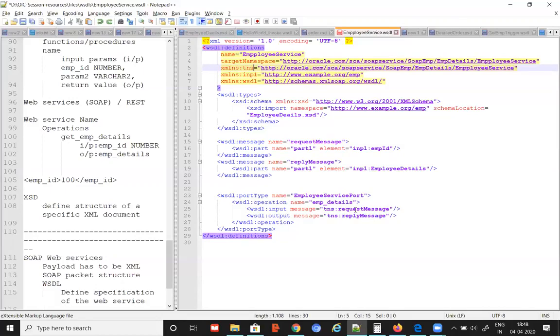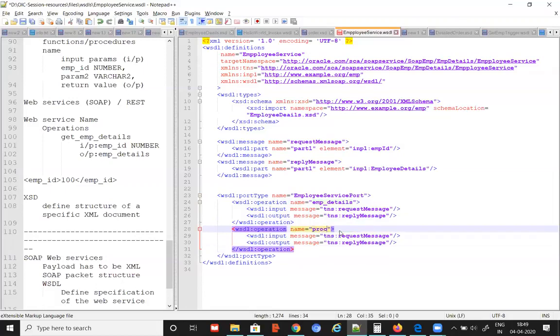And we're also understanding the WSDL structure. WSDL contains only three or four things. Port type, operation. There can be multiple operations, by the way. Like this, I can repeat one more operation. This one I will call process EMP salary. One more. Input message equal to salary request message. Output, let's say I don't have an output, also fine. You can also have some operations without outputs. Then you have to go and define what is salary request message.